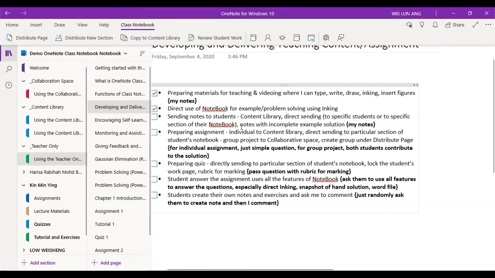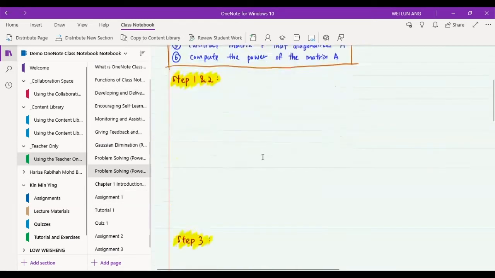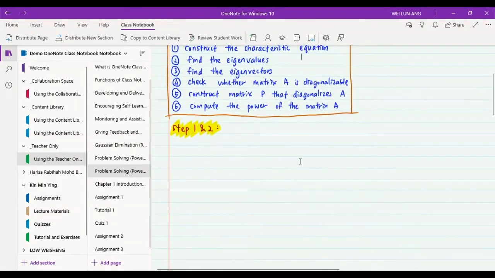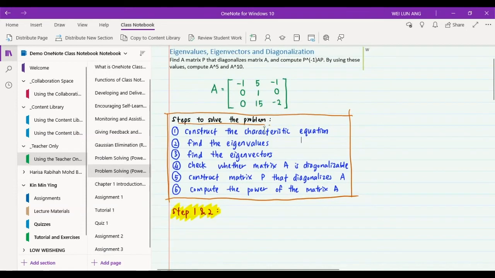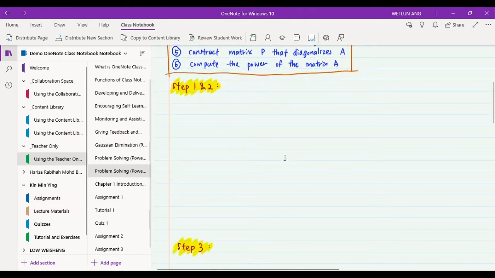So my practice is that I like to prepare the notes with incomplete example solutions, because most of the time I feel that the students like the notes with full solutions. What they do is they just use their eyes to look through all the solutions. But I think that practice is not that useful, especially for a subject related to calculation. Because for calculation, you have to practice and get familiar with it. So that's why I prepare the notes without the solutions. Maybe I just put a little bit of hints and guidance steps to solve the problem. So they have to refer to this, and if they can't solve it, they have to refer back to the video. So it means they are doing revisions.